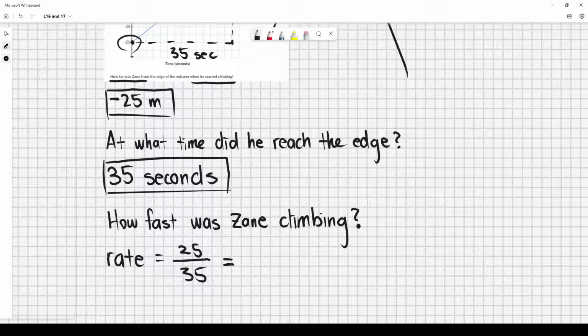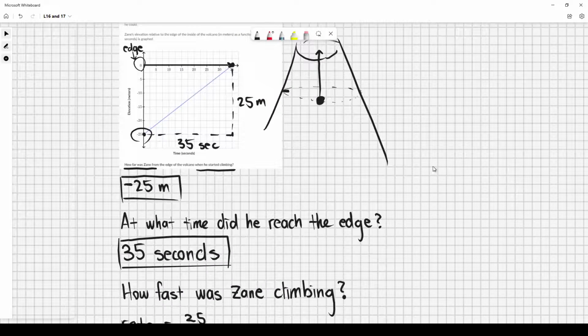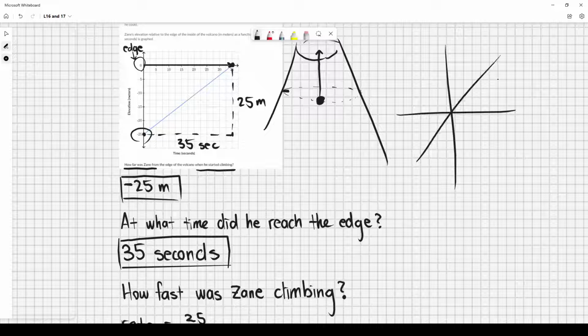-7 over -5. So again, you are trying to have the elevation, so change in the distance over time. You don't usually say, like when you look at your speedometer on your car, it doesn't say 30 seconds per time. -5 over 7. Ooh, very close, but if you remember from way back, I talked about this as a positive